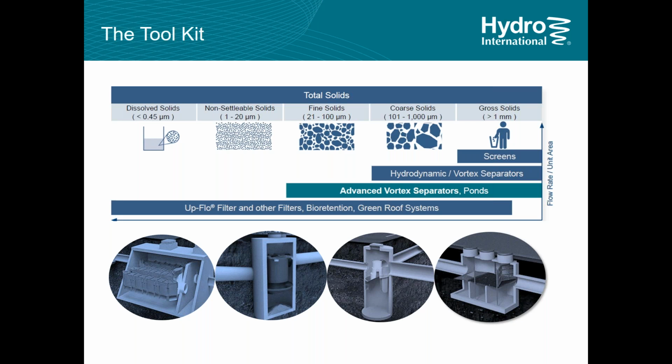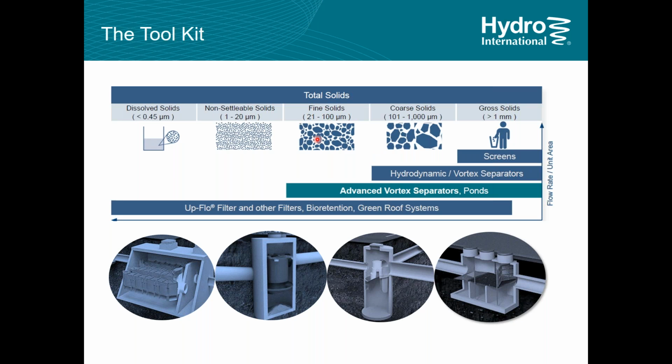But as we move to the left of the slide, and we move into the finer particulates, the coarser solids like coarse sands to very coarse sands, then that's where hydrodynamic separators start to perform well, down to about 100 or so microns. Then when we move down to the much finer solids, things in the range of, say, 20 to 100 microns, that's when we're starting to really move into the area where you've got to start filtering stormwater, you've got to start using settling ponds, wetlands,